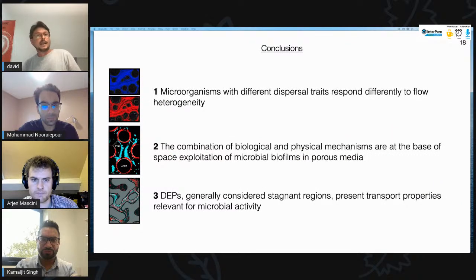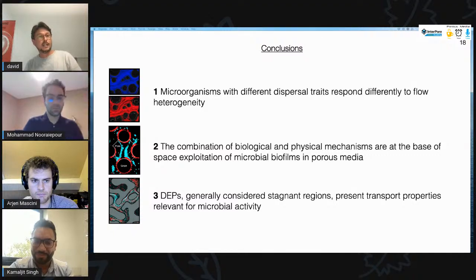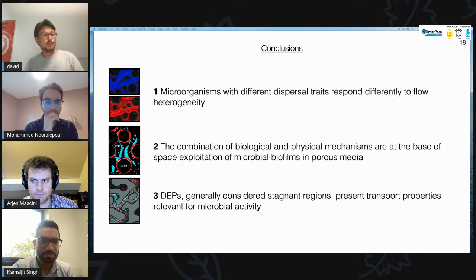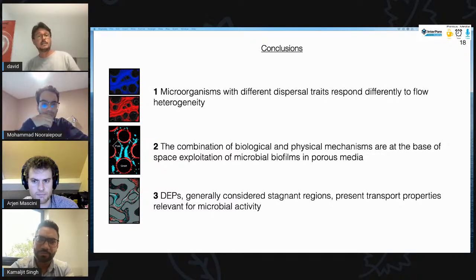So concluding, we have seen in section 1 that microorganisms with different dispersal traits, the motile and non-motile, responded very differently to the flow heterogeneity. In the second section, I tried to show you how the combination of biological and physical mechanisms is at the base of this space exploitation by microorganisms in microbial biofilms in porous systems. And finally, dead-end pores, which are generally considered as stagnant regions, actually present transport properties that can be very